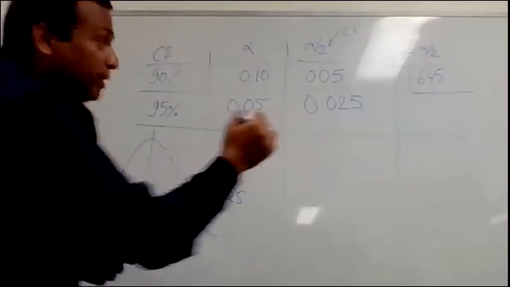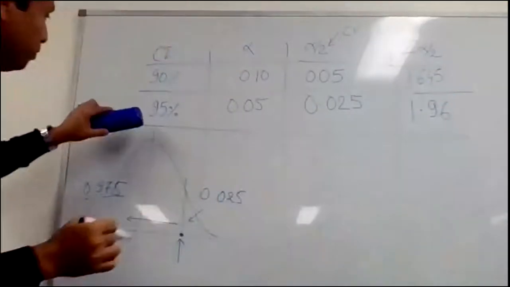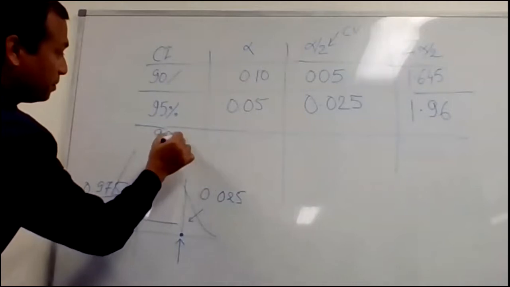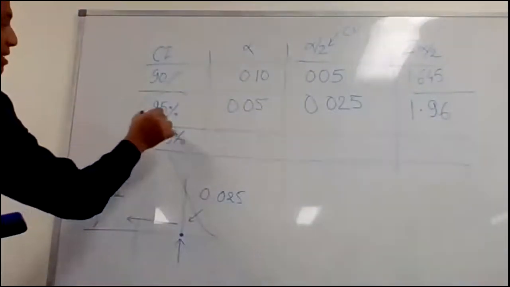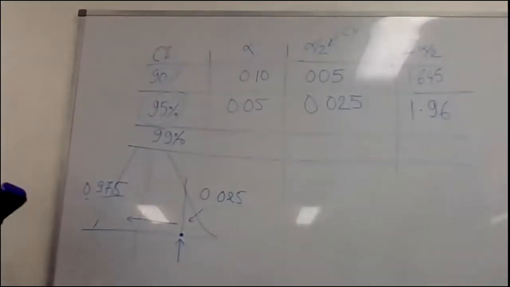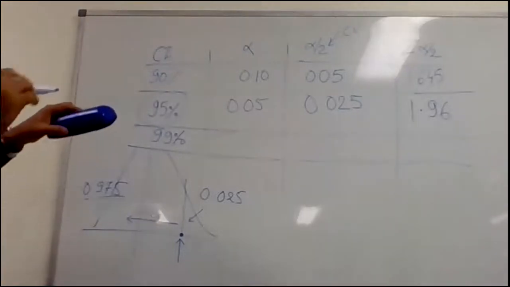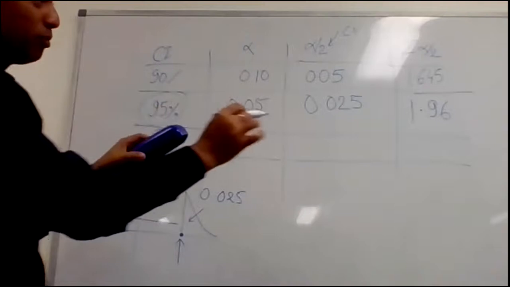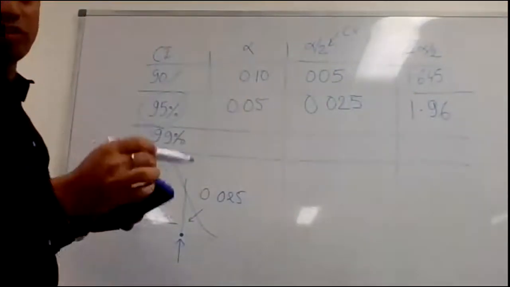$1.97, 1.96 will be there. And if you do the same thing for the 99%... The 95% confidence interval is most commonly used in most of the examples, but sometimes they can ask for a 99% confidence level or 91. So it's better to remember this table also. Not remember, but understand how they have come up with the Z-score, the critical value, especially while calculating the confidence